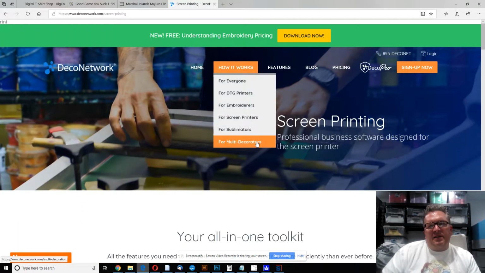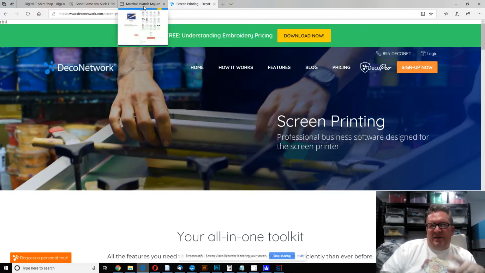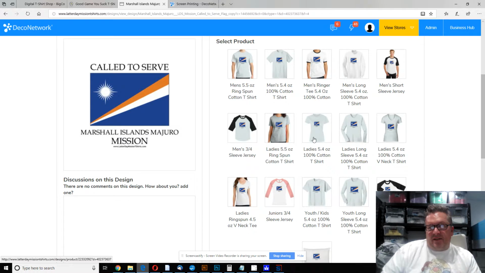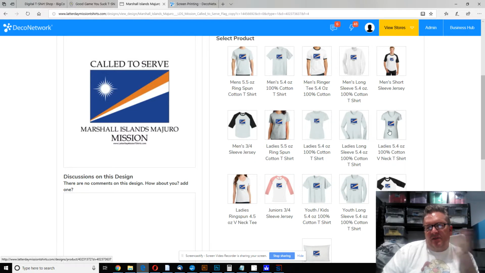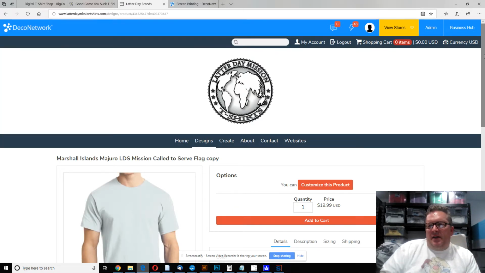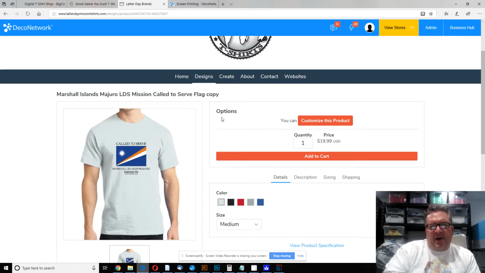One of the big problems I have with this Deco Networks is the way these are set up. I don't think Google indexes a single image off of here. You've got to go in and set everything up as individual products in order to have it indexed and categorized by Google. I've also tried to do things like take these, so let's say I have a finished image like this, a men's t-shirt on a ring spun shirt, and I've tried to take this particular link right here for this finished product and go and push it through the system with Google